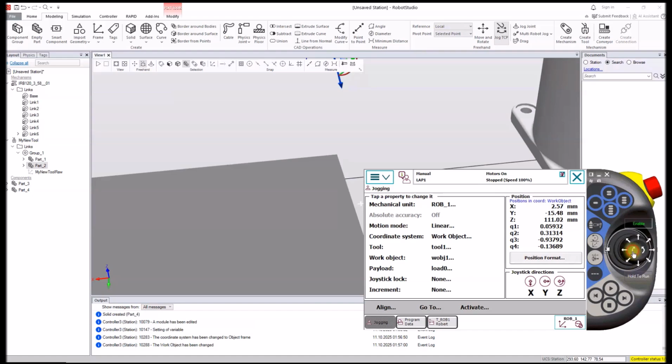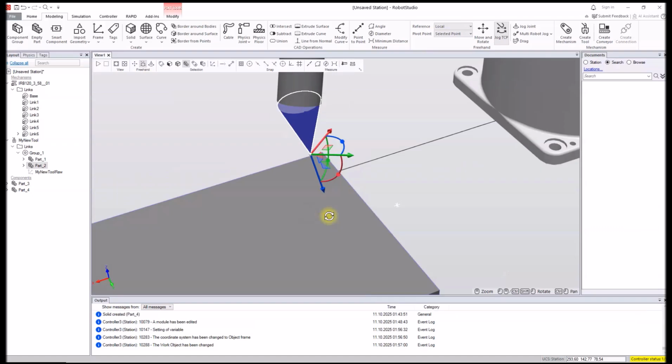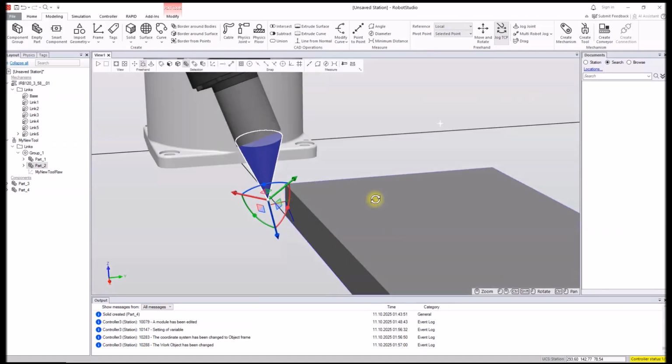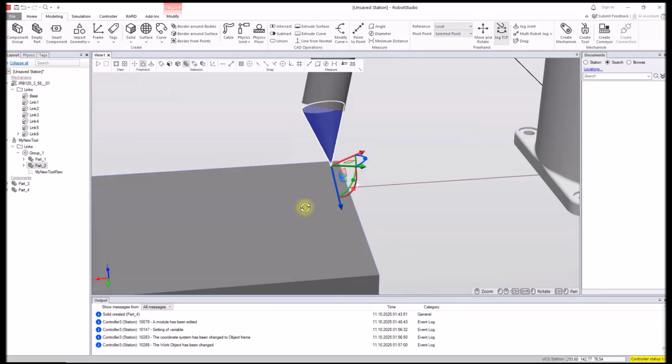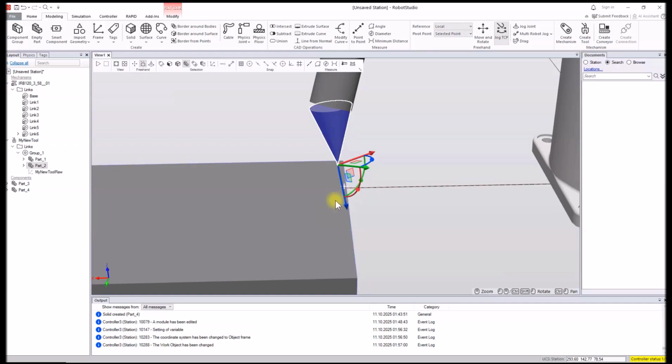No, y is constant. So we are moving vertically. Yeah, we can see that it's not precisely put,